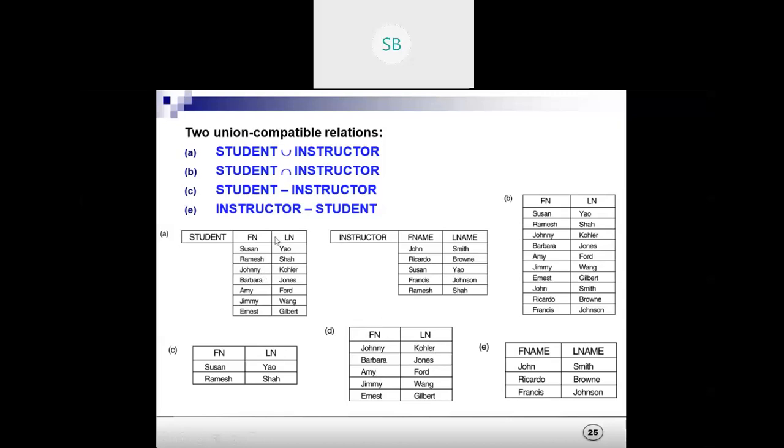Similarly, in the second one, all the things present in instructor will be there but not in A. So we get this one. See, John, Ricardo and Francis are not there in A. Obviously, the common ones will get cancelled. So that is how the minus operator, set difference, works. Are you clear? Anyone not clear till this point?